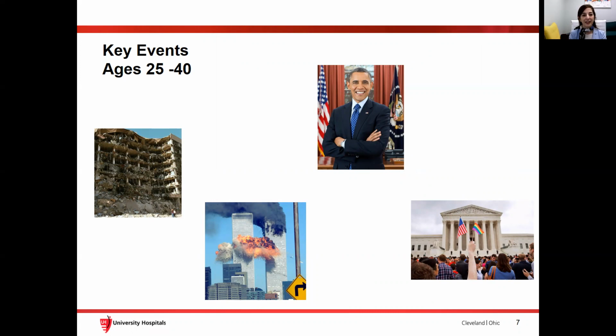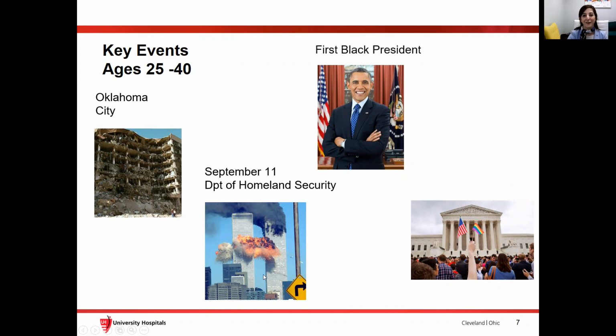Millennials are currently folks who are aged anywhere between 25 to 40, most typically, and I've selected some of the key events of our youth here. One of my earliest memories watching the news with my parents was that of the Oklahoma City bombings. Also, the September 11th event was definitely very big in my childhood. We've also had victories like electing our first Black president and setting the trend globally. We also institutionalized gay marriage for the first time in Massachusetts during our youth as well.